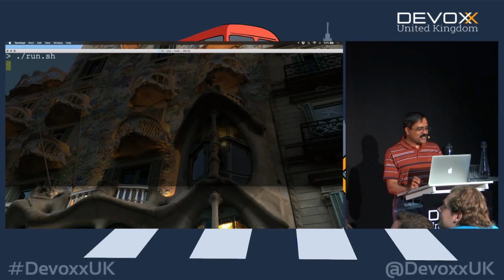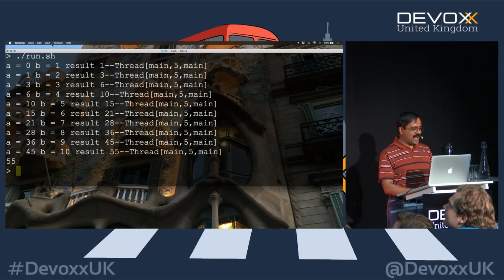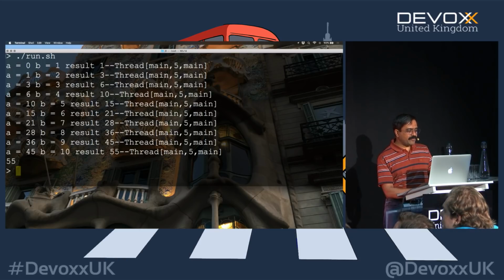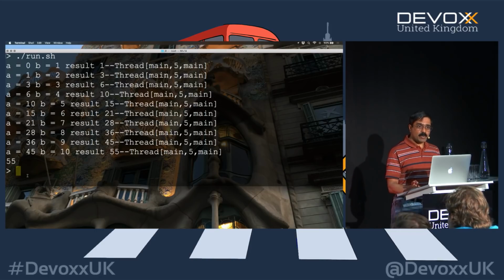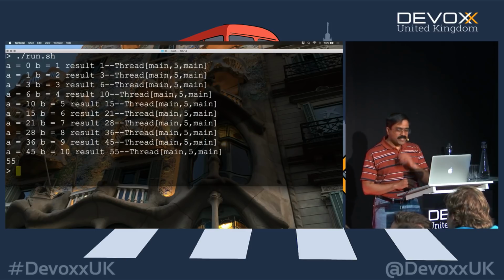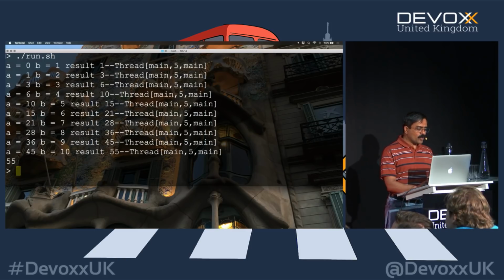Thanks for that. So when I run this code, did you notice how the value is being fed back into it? So we take a 0 and a 1. The result is a 1. That feeds back as 1 here. 1 plus 2 is 3. That feeds back as 3. 3 plus 3 is 6. That feeds back as 6 plus 4 is 10. Feedback as 10 plus 5 is 15. So every time it's the feedback plus the current element gives the next result all the way to the end. So that seems to have worked really well. Okay, so far so good. Oh, what about the threads? The threads are all main thread, of course. Okay, that worked really well.